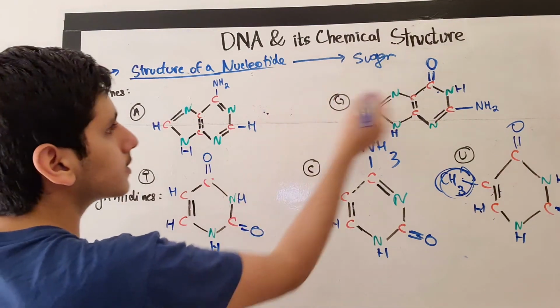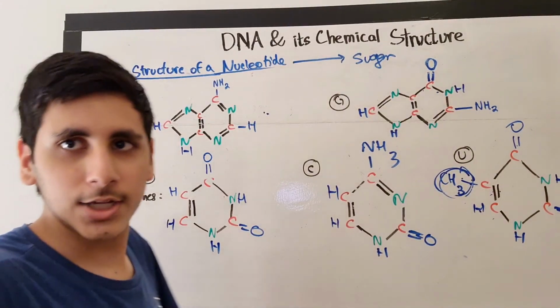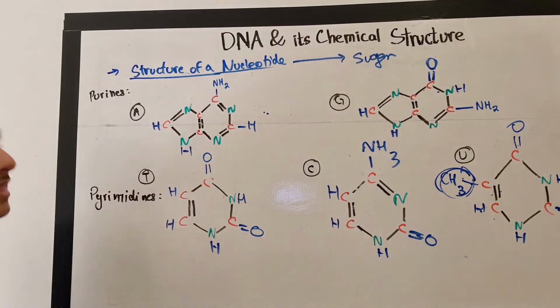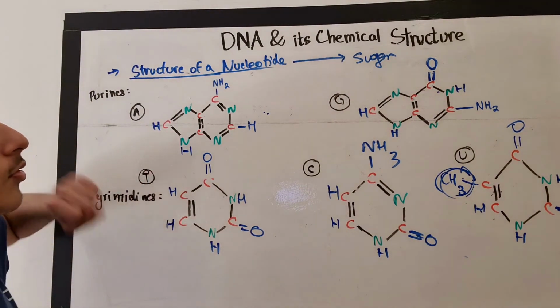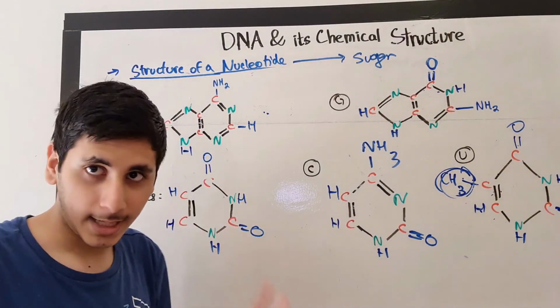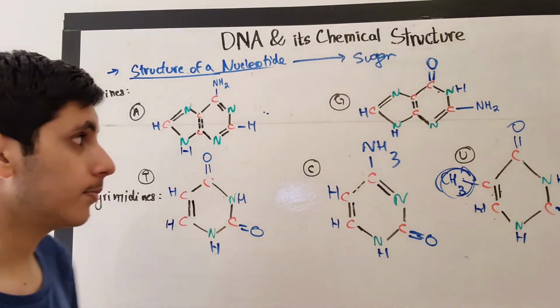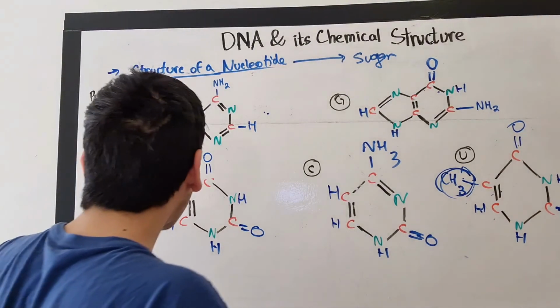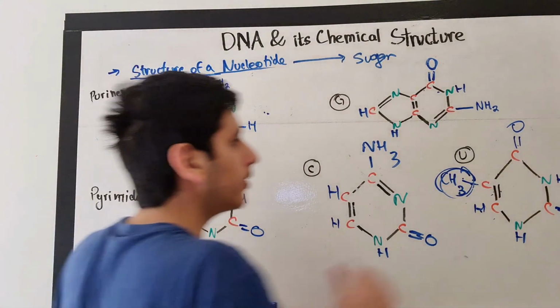Okay, so these are the 4 nitrogenous bases and their chemical structures, and together they form an entire genetic sequence which helps life to sustain. And because the genetic sequence, or the genetic information, helps the cell to perform various metabolic activities and sustain life. So on a last note, I think